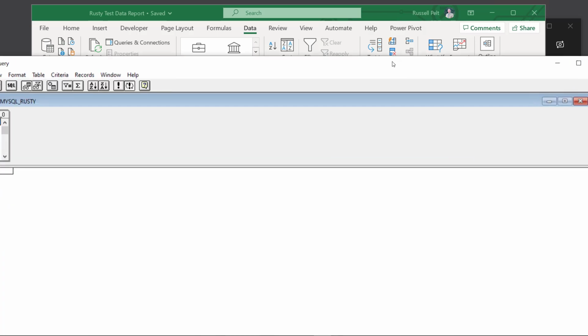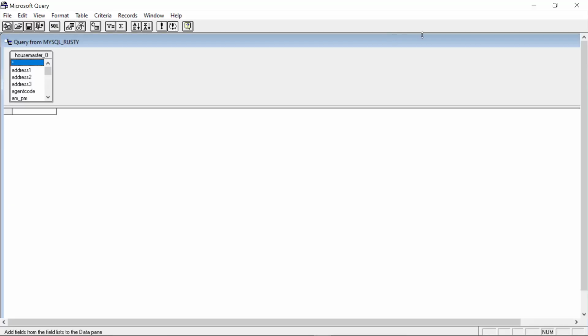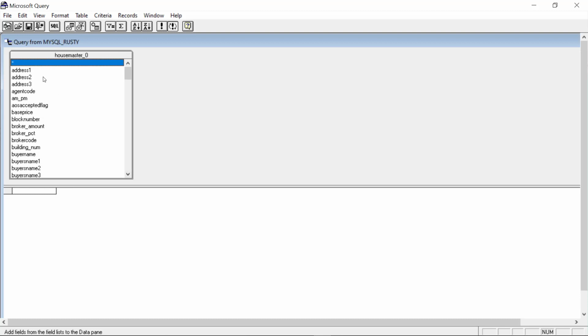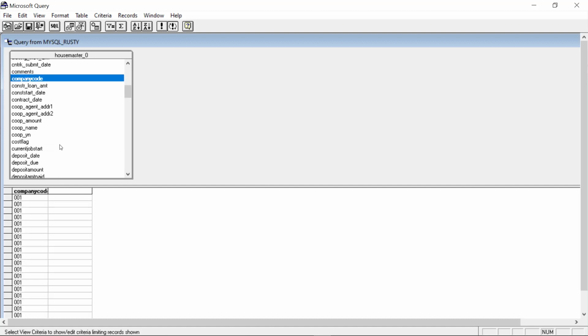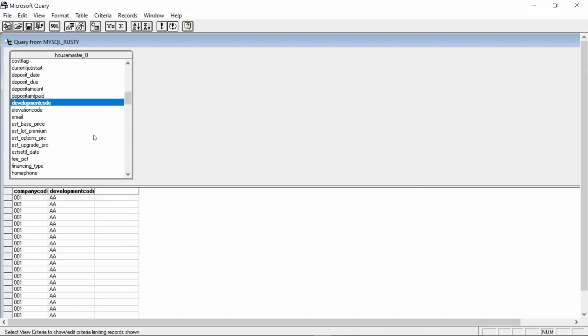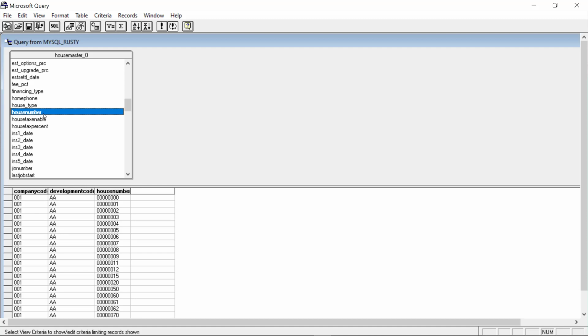It's kind of on my other screen, but I want to show it to you here. So here's my House Master that I've added to help build this report. Here's my table, House Master, and then all of the items that I'm able to access. So you can kind of see where I'm going with this. So we have the House Master table, and then we're going to choose company, right? Development, because we always want to start with that usually. Company, development, house number,